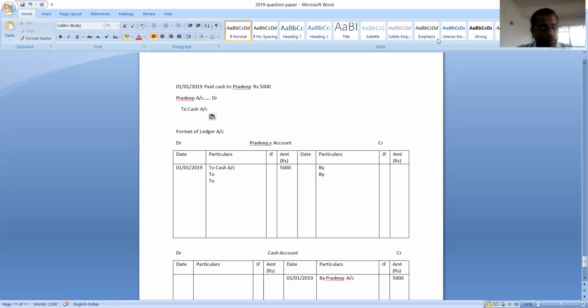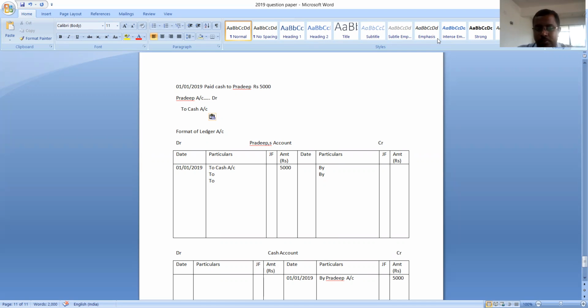In my previous video, we discussed ledger. We discussed what is the meaning of ledger. Further, we discussed what are the important features of ledger. Further, we discussed what is the difference between journal and ledger. Then later we started with